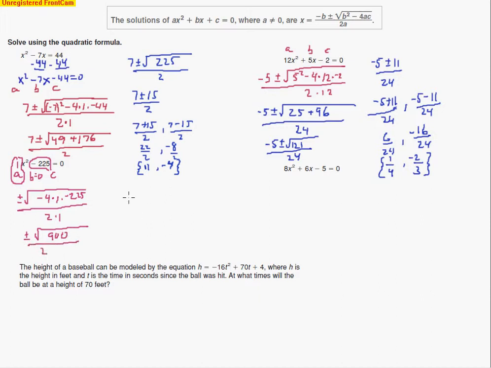It's all over 2. So we take the square root of 900, and we're left with plus or minus 15 over 2, which when we set up the two problems, we got 15 halves, and we also have, oops, not 15, let's fix that. I was thinking of the answer. So we take the square root, we end up with 30. So plus or minus 30 over 2. So we've got to do positive 30 over 2, and we have to do negative 30 over 2. And so when we come up with our two answers, we get 15 and negative 15,